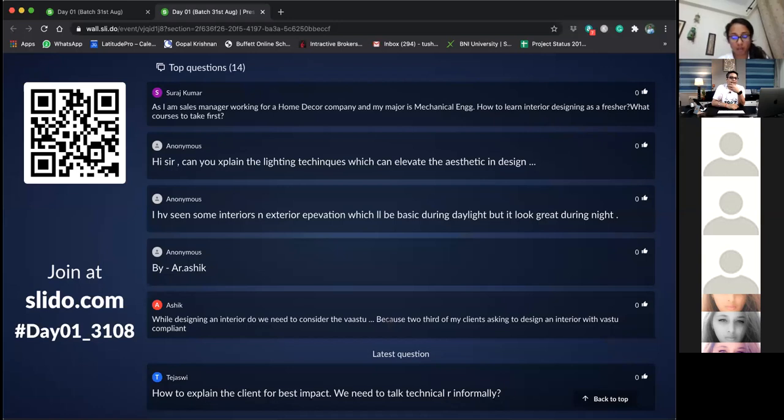And how you can elevate the aesthetics in design is by putting different lights. When I say different lights, you need to create depth in your interior. If you put four panel lights in four corners, it is going to give you a very flat kind of lighting, and that is going to kill your entire interior.